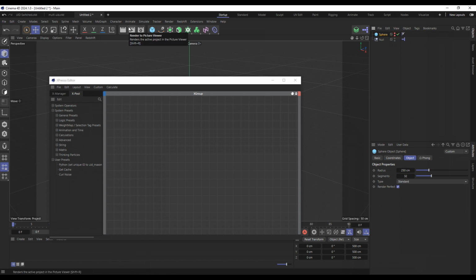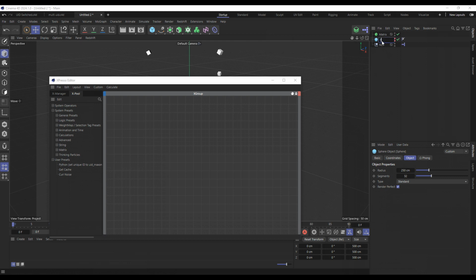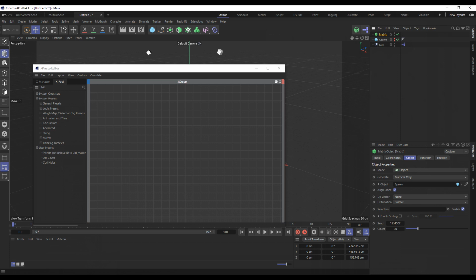I did a quick rehearsal of this and I actually discovered something a bit odd. So with a matrix object in object mode with that sphere, which I'll just rename to spawn because it's basically our spawn object. And the thing I noticed, which is odd, the count you set here, when you iterate through the matrices and spawn particles at their supposed locations, this count isn't necessarily true. So